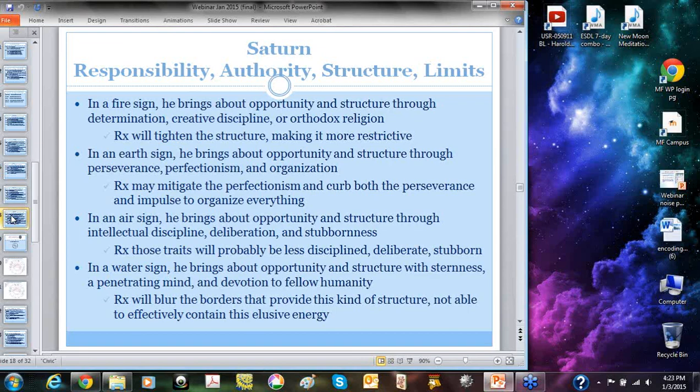Something to keep in mind is that we expand our experience through Jupiter, but we organize and contain them through Saturn. One is like an exhalation of breath, and the other is like the inhalation of breath. Both are necessary. These characterizations of retrogrades are brief, and they're by no means all-inclusive. There are many more interpretations that could be indicated, and in fact, each of us could have our own individual way of expressing a retrograde planet. But it gives you an idea of some of the energies involved and what impact a retrograde will have.